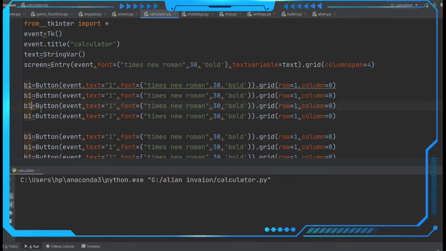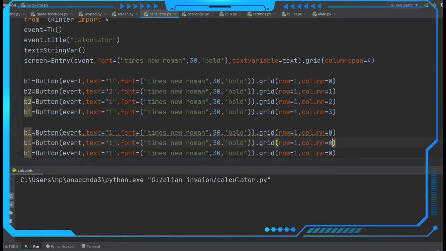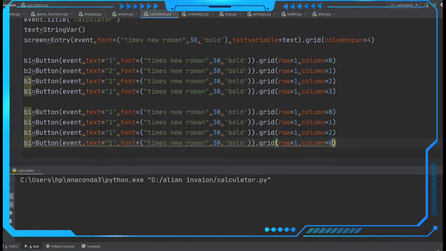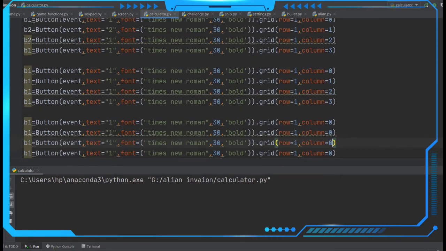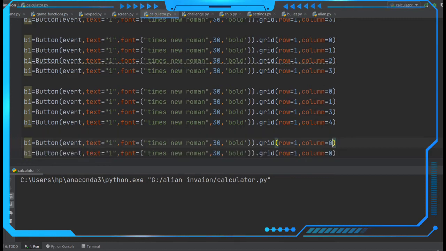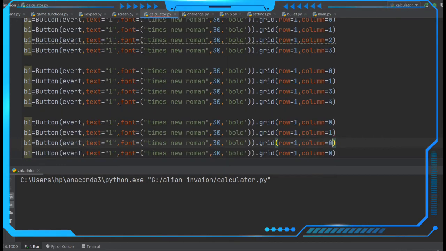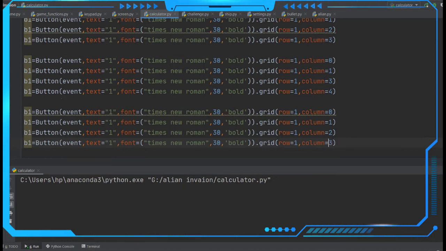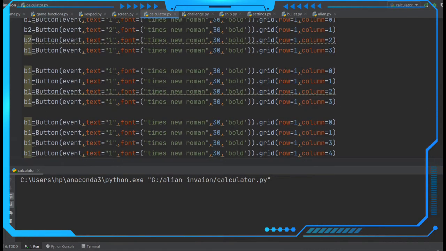The second button should be 2, and the text it is going to return is 2. And then we have to change this, let us change this one to 2, 3. Columns 0 1 2 3. We are going to change all these variables to the positions where the button should be present. And let's change these rows here.